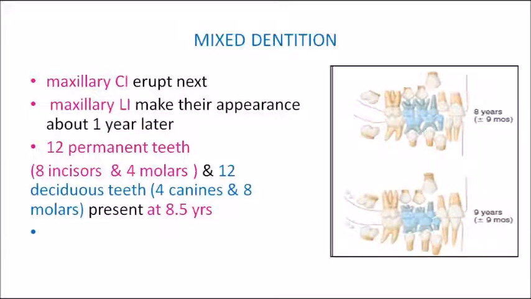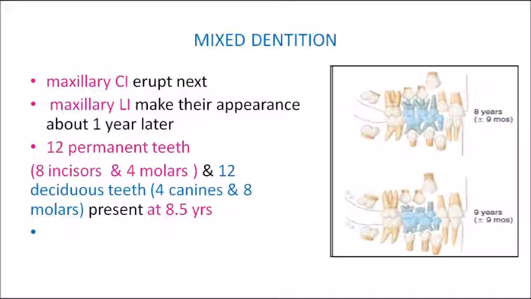We are showing the status of dentition at 8 years and 9 years. At 8 years of age, you can notice that you have already lost all your primary incisors, both in upper and lower arch. The permanent first molars have already erupted, and your lateral and central incisors in the lower arch are also well erupted. In addition, compared to the previous picture, the central incisors in the upper arch have also erupted. So you have the complete eruption of the permanent first molars, the central and lateral incisors in the lower arch, and the central incisors in the upper arch.